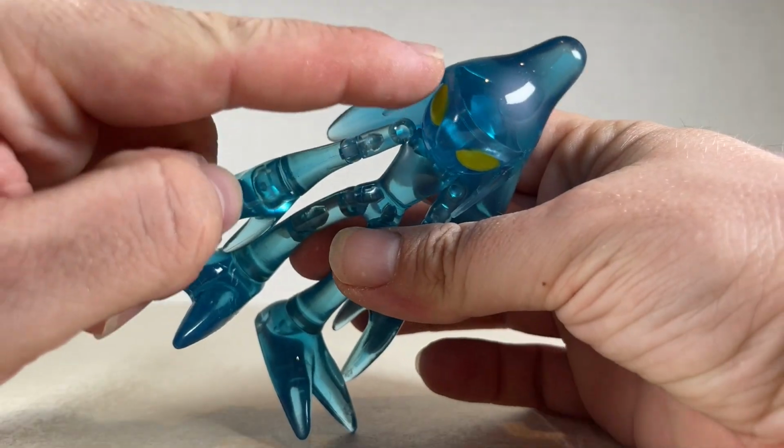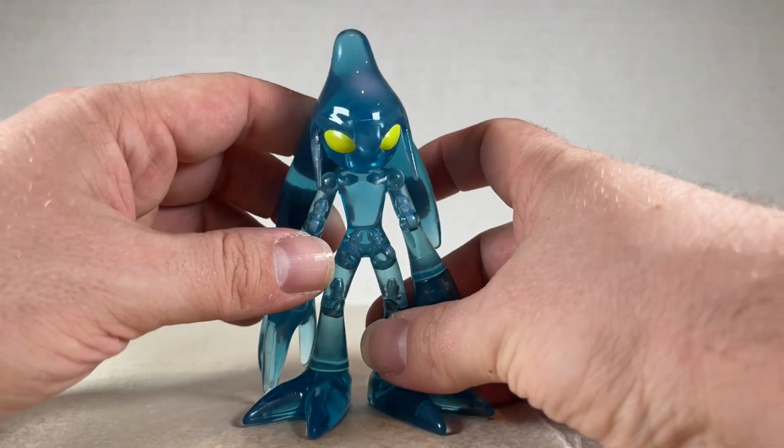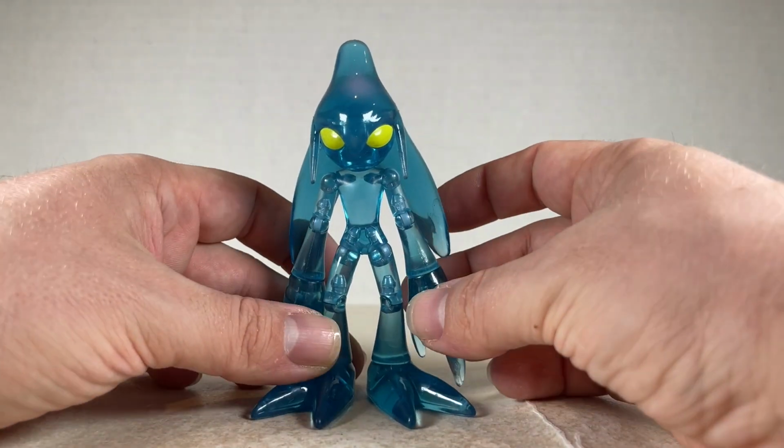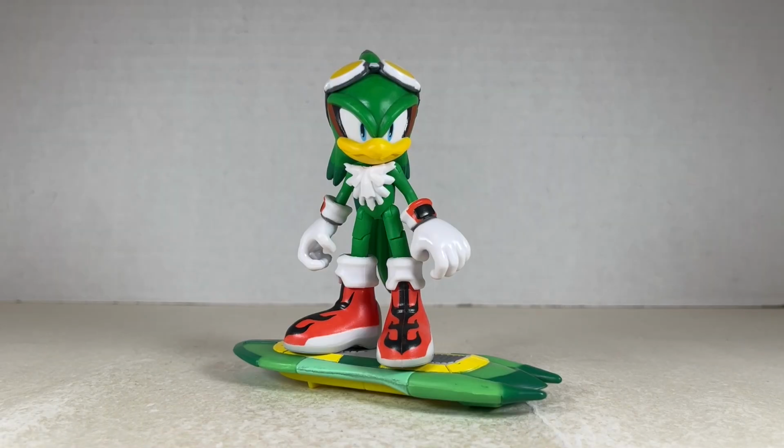Super cool. The brain is in there too. It's kind of transparent. This is a very nice figure. One of my favorites in the entire line. I actually remember this from my childhood. Chaos was really cool. More of a rival than an actual villain, Jet definitely deserves his spot in this lineup